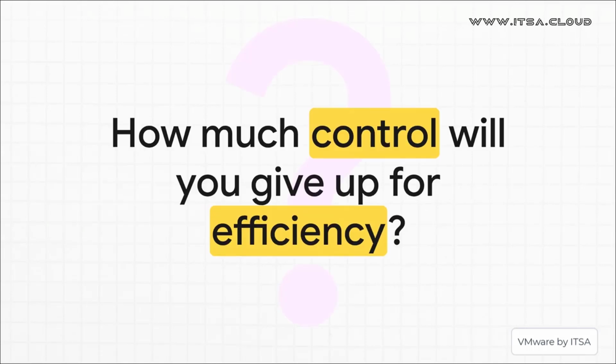So VMware DRS is an incredibly powerful tool that gives you a path to a more efficient, self-managing data center. It's really what gives your on-premise infrastructure that cloud-like elasticity. But it also brings up a key question that comes with any automation tool: how much direct control are you really willing to give up for the sake of that perfect efficiency? Definitely something to think about.